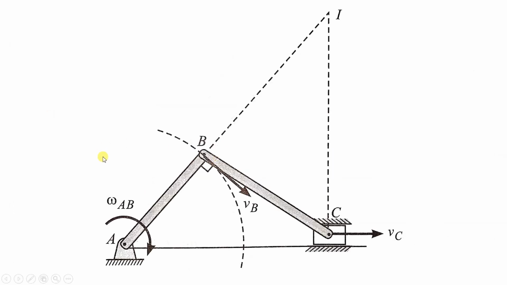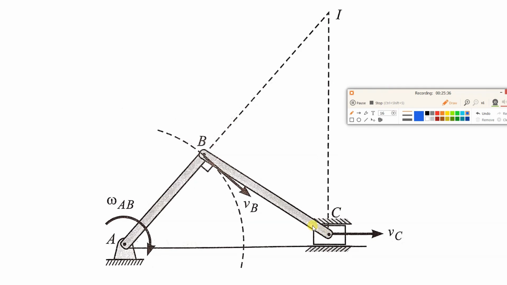Now in order to find the ICR of this one, what do we have to do? Numericals are there. Okay, so understand this. Now AB, what is it? Crankshaft. Okay, what is BC? Connecting rod. And what is this box here? This is the slider, and it slides between this. Here you can see some hatch lines are shown. These are the surfaces inside which this slider slides.